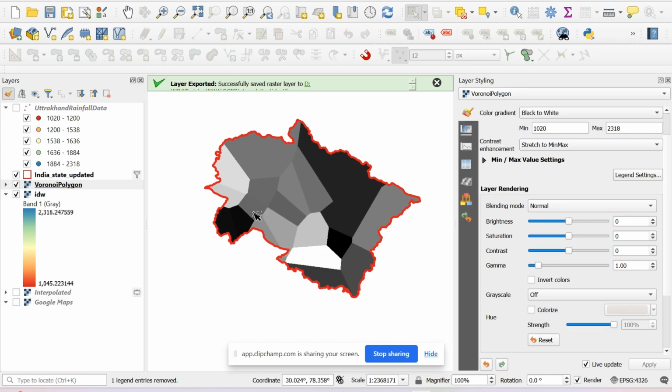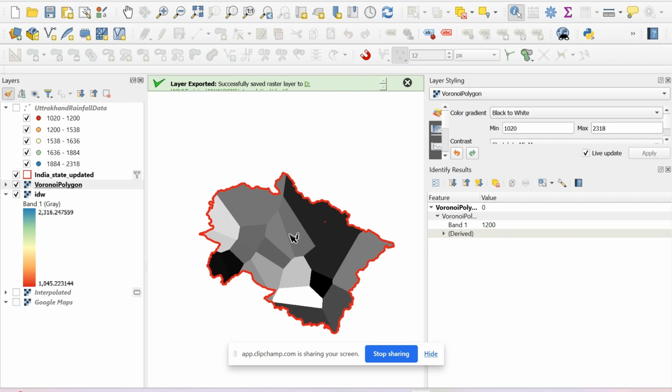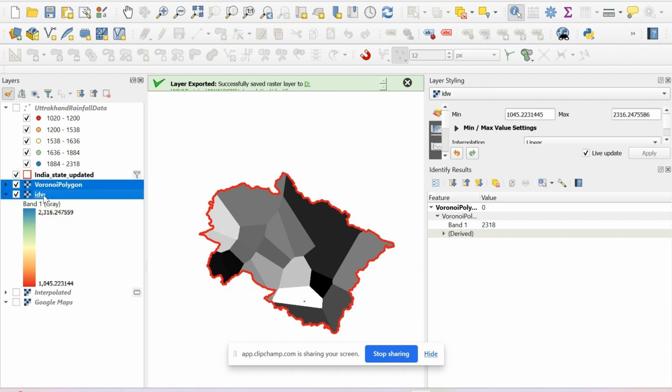So you can select black and white, because this only provides discrete color, or we can just simply select any of these and click on this I button to check the value. Okay, as you can see, the values are 1660, 1400, 200, 2318, and we want to see the values of both of these. So I'll just select both of these and use this I button and click on this,